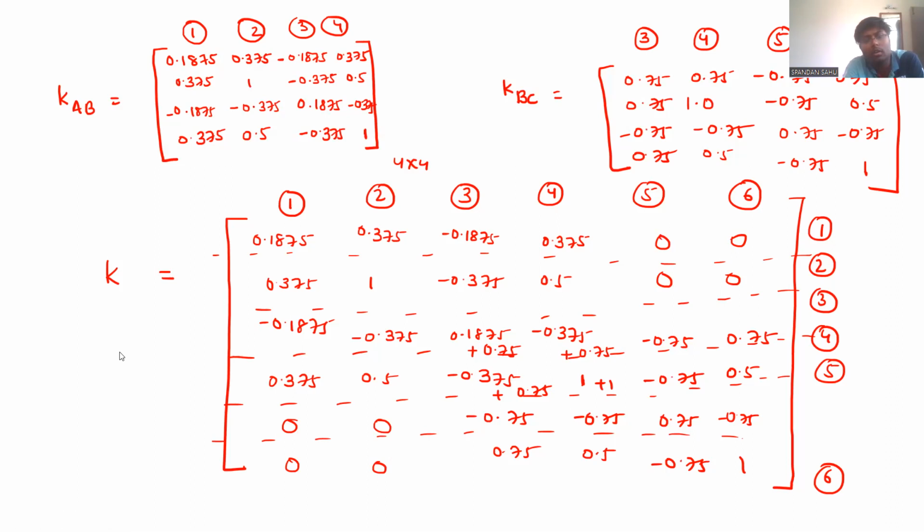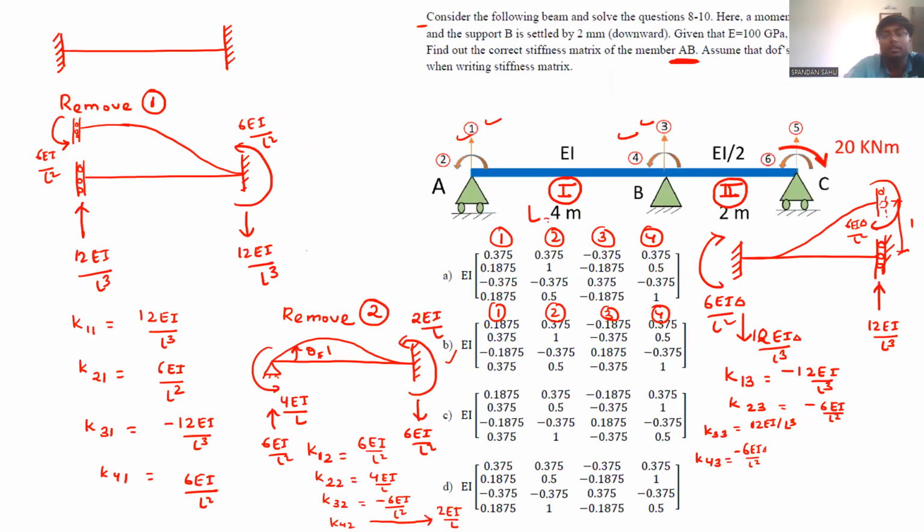No, you just add, right? That needs to be added because see, these coordinates 3 and 4 are shared between this part also and this part also. So when you are releasing this coordinate 3 and giving unit displacement,